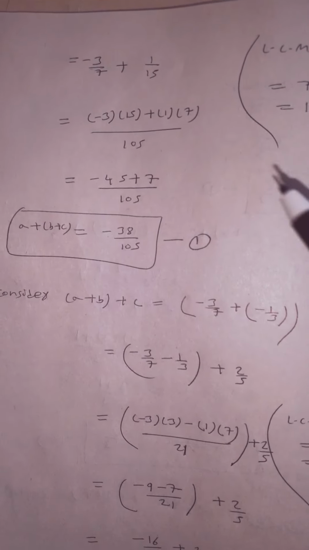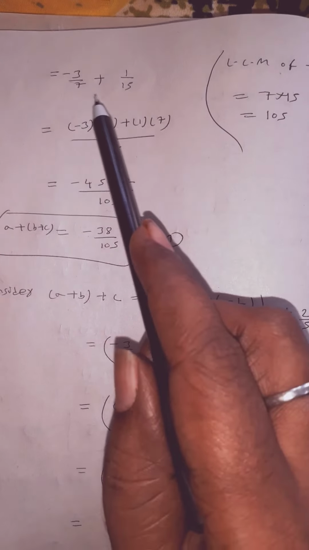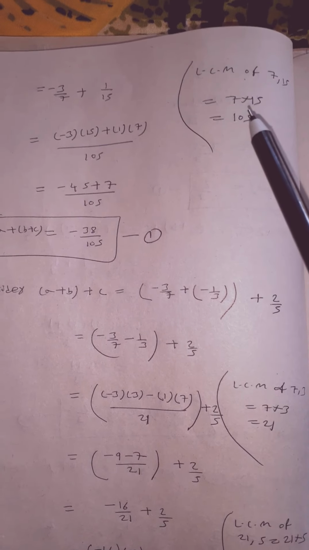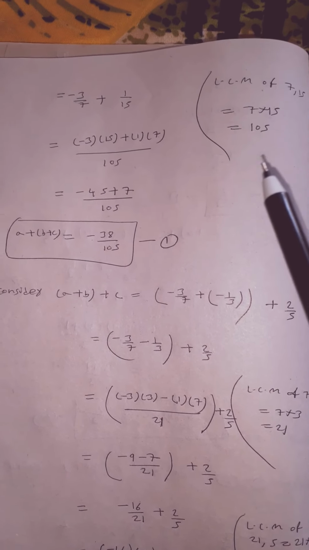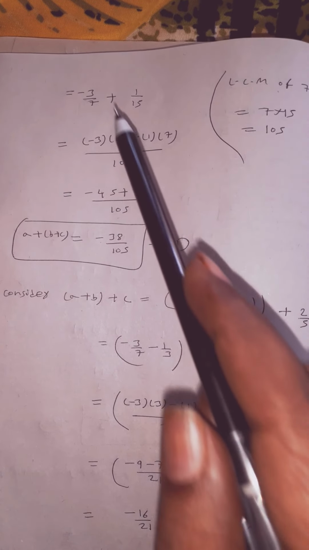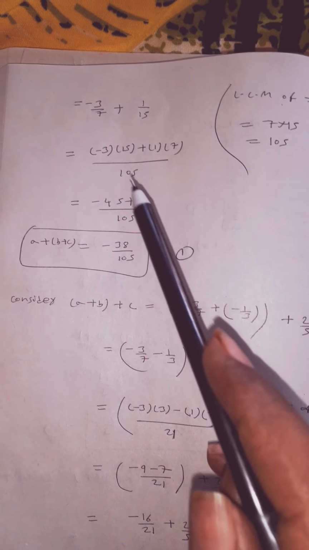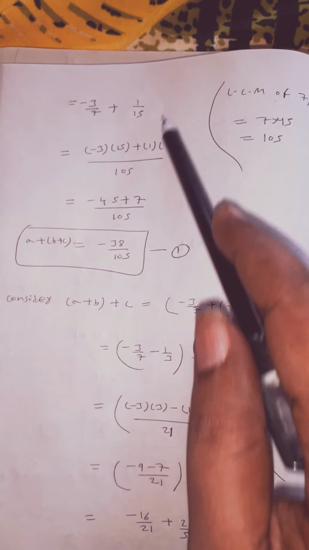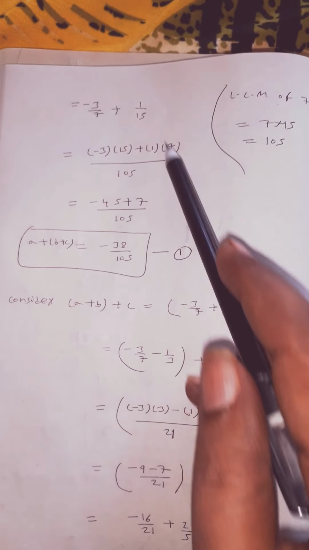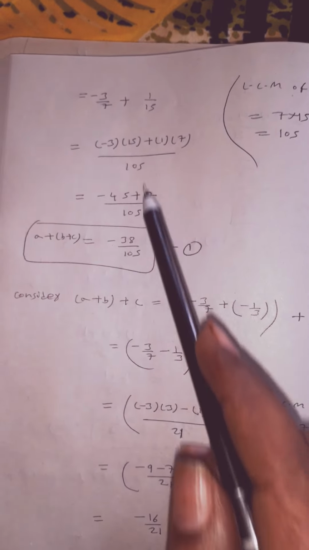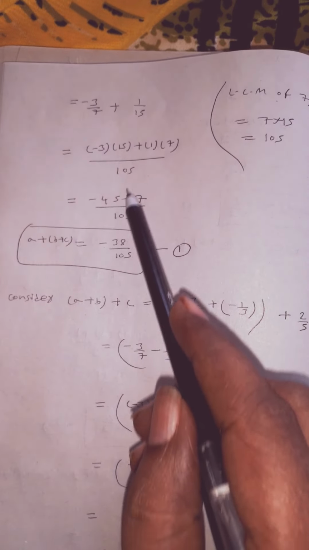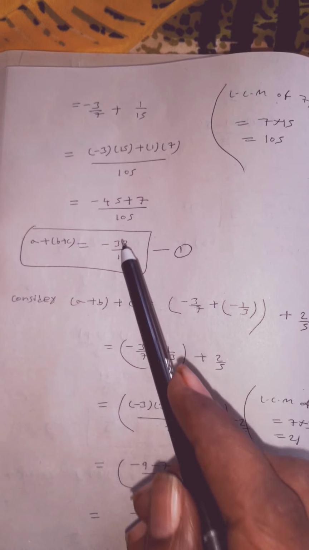1. So write the first term as it is minus 3 by 7 plus 1 by 15. So here also 7 comma 15 LCM is how much? 7 and 15 do not go in the same table, children. So you can directly multiply 7 into 15, how much? 105. So write 105 as it is, children. So write minus 3 as it is. So in 7 table 105 it goes 15 times. Simply you can multiply this here and this number here. So plus write 1 as it is and multiply this number here by 105. So minus 3 into 15 how much? 15 3s are 45, means minus 45 plus 1 7 the 7, children, by 105.